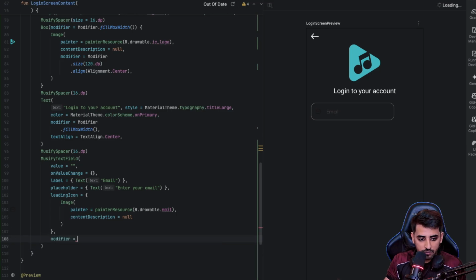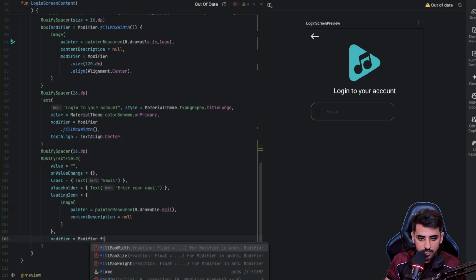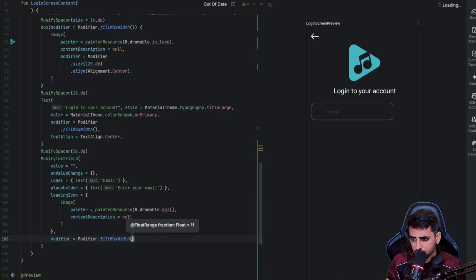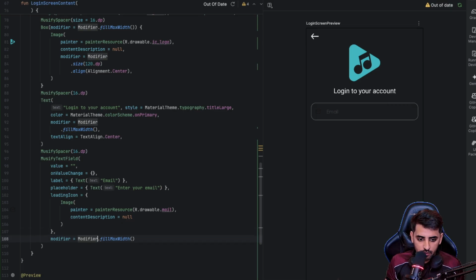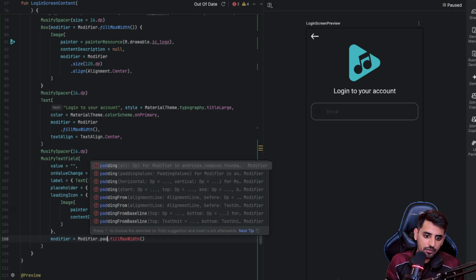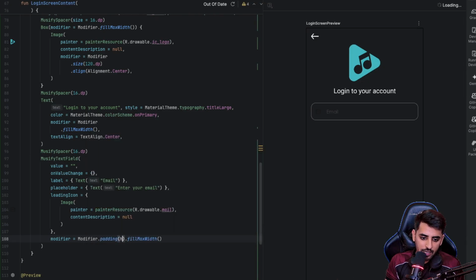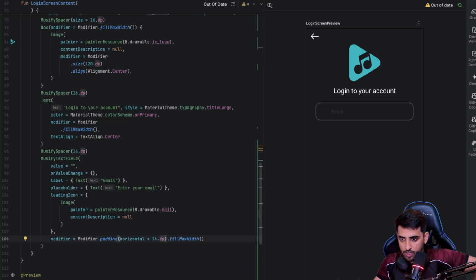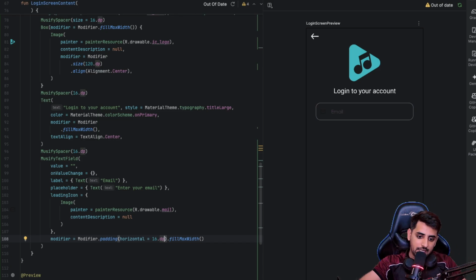We can add a modifier to that, so it's modifier dot fillMaxWidth, so it covers all the spacing that's there. And I think before that we also need to add some sort of padding to this, so I'm going to use horizontal padding, and that should be 16.dp so that it leaves some space like this. Okay, now basically the thing is that the icon is quite dark,